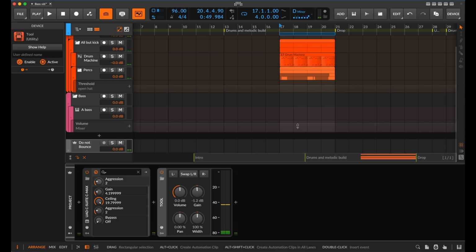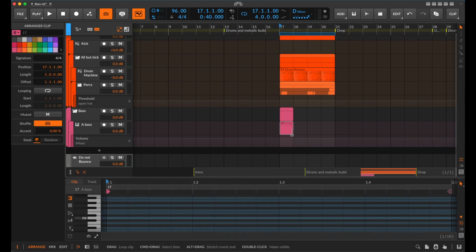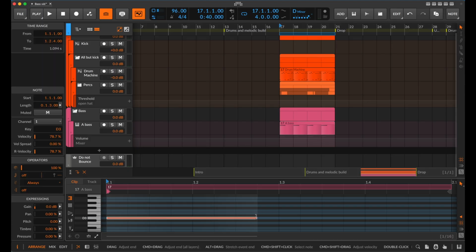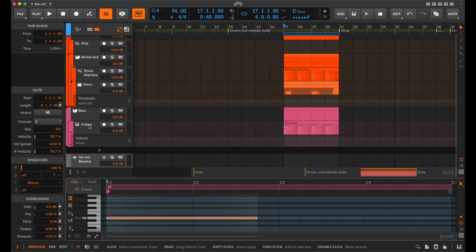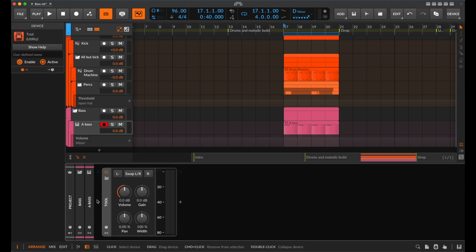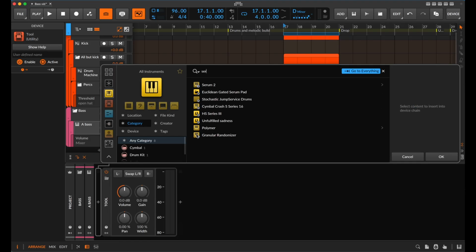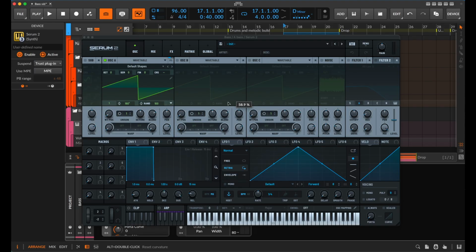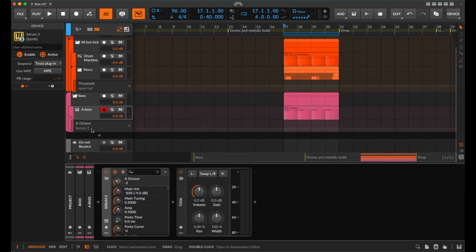All right, so I will just start off by adding some MIDI in here. I am in D minor apparently, so that's what I'm going to do. So for starters here, add Serum. And what I'd like to do is I'll drop this probably 2 octaves to start. What I would like is to have this